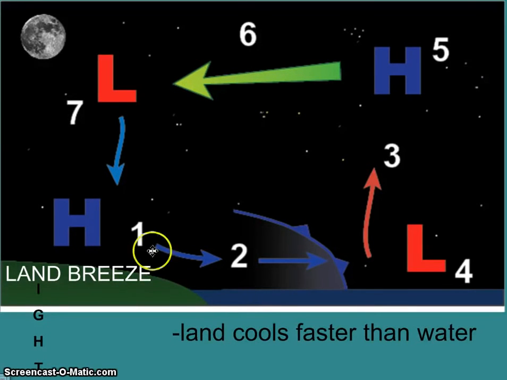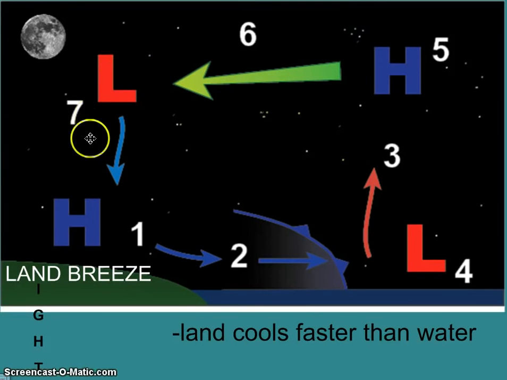So now what we notice is that high pressure forms over the land because the land is cold, it makes the air cold, and that high pressure air is going to go toward the low. It always goes from high to low, high to low. So this high pressure air is going to have a cold front. It's making a cold front here because this cold air is going to swoop out and push that warm air up. That air is going to become colder, and it goes from high to low,